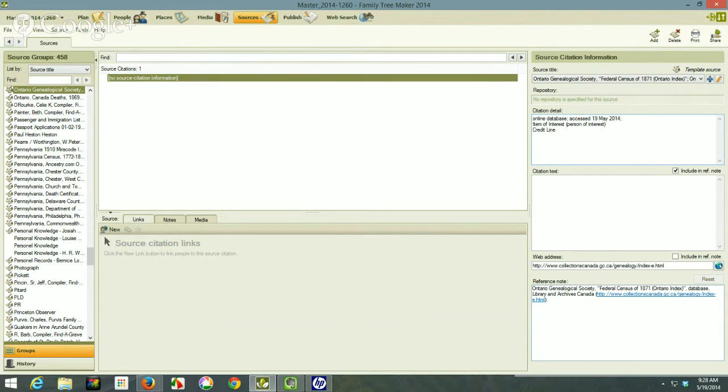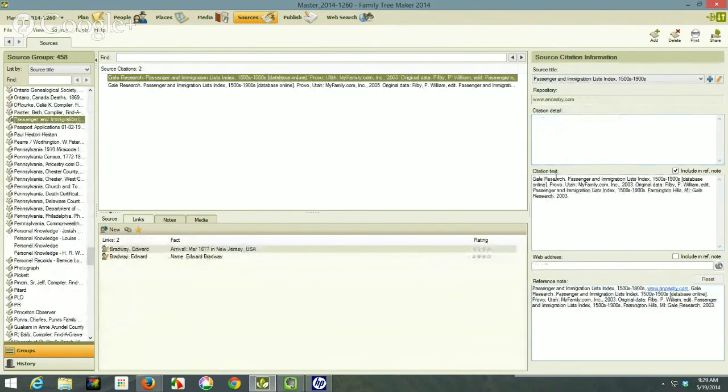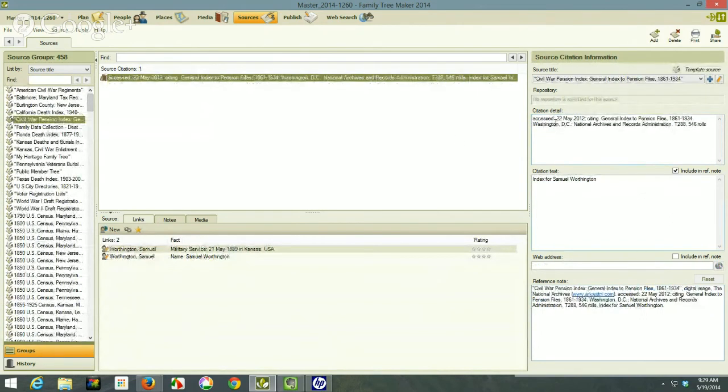Now, because I didn't have a specific example to go to complete this, I'm going to show what this person of interest or item of interest and credit line really looks like. And because I've done one before, let me just bring it up. So here is not what I was looking for. Let me select it again. And it's Civil War pension. There it is. This was a Civil War pension file that I accessed. There it says accessed on that date. Citing. This is where